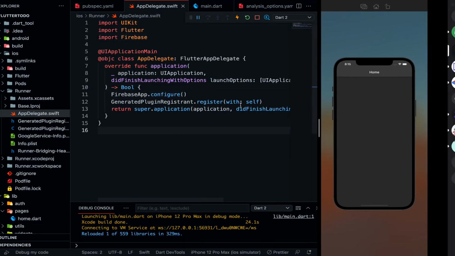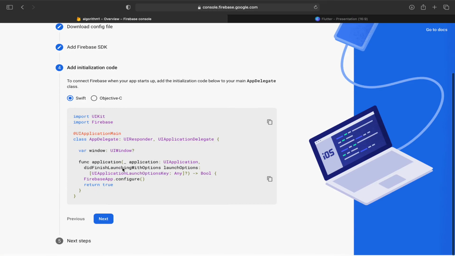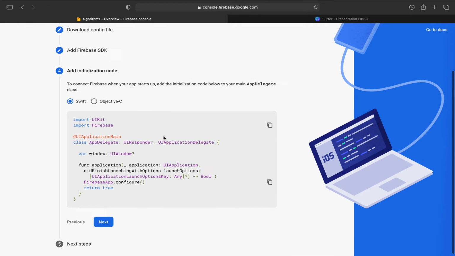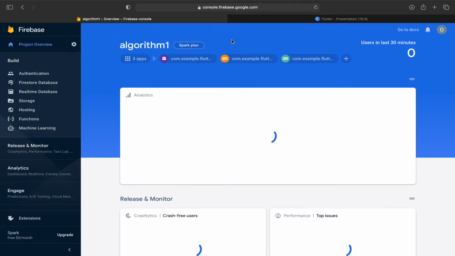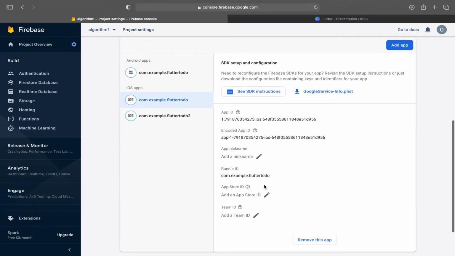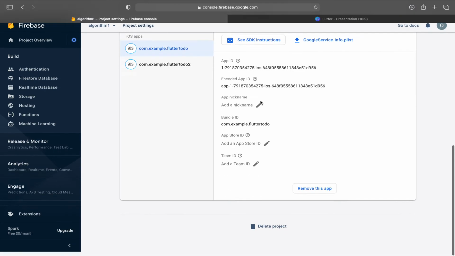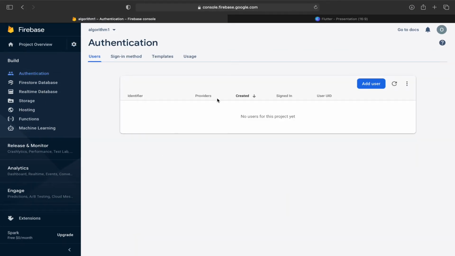Perfect. So my iOS app is also now connected. So now we can directly go to the part of adding the users, and start with the authentication. This is my main app, which I added first, not this one. Let's go to this part. Perfect, this part is already added, right? So now let's go to authentication and let's start adding the users.